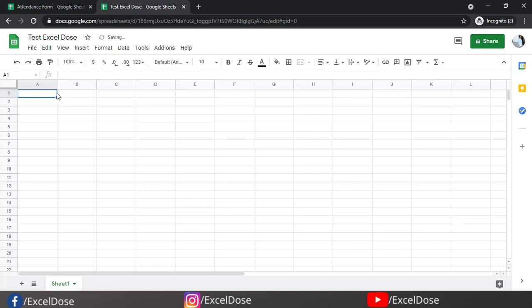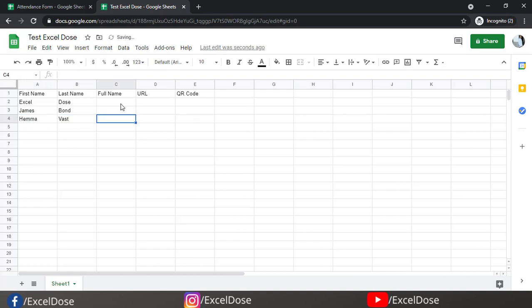Okay, now here we have to mention all the headers, like what kind of headers we need. First header is first name, and then next is last name or maybe a second name, then the full name, and here the URL, and here it will be a QR code. Okay, so now the first name is Excel and the second name is dose, and here I will add multiple entries. So now let me add here James Bond also, or HEMA, or it's like a VST.